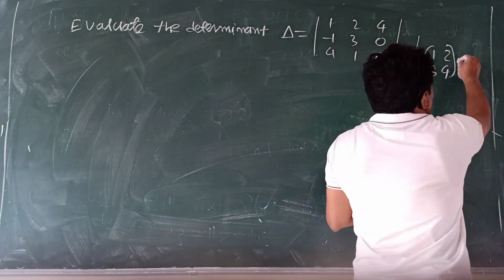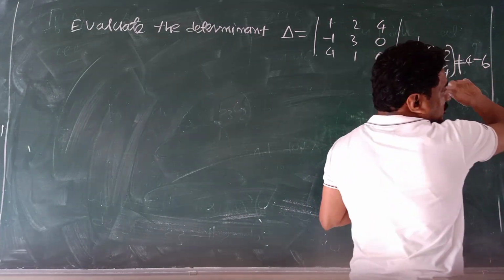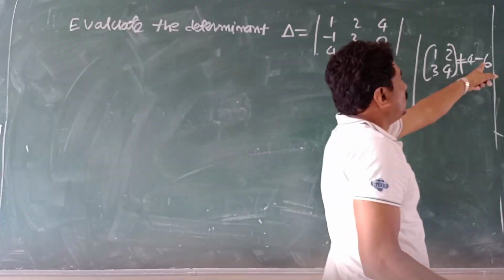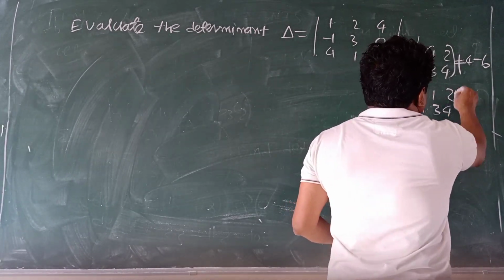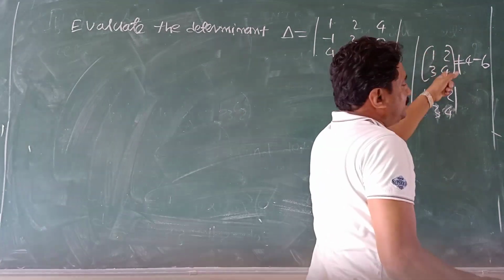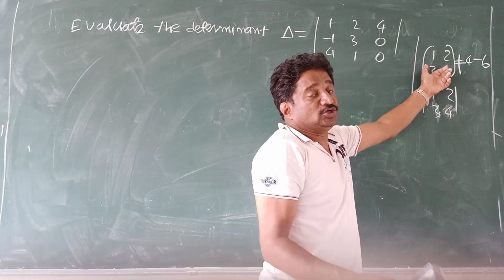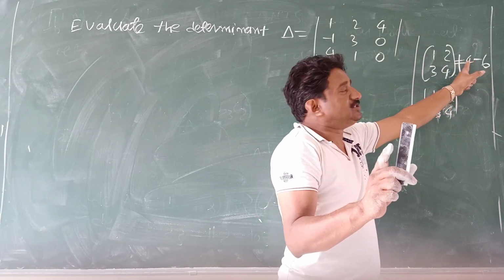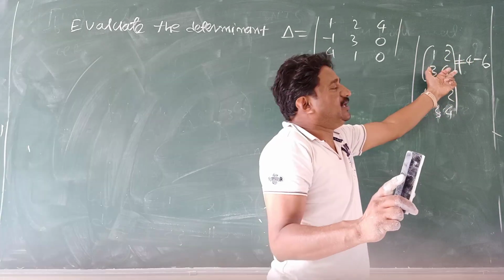You should not expand matrix. Matrix is not equal to 4 minus 6. This is not correct because it's a matrix. Matrix means arrangement. It never can be equal to a real number. If I write like this, now it is a real determinant. Determinant means real number. Matrix means arrangement. Should not go for expanding matrix. So be careful, otherwise you lose marks. Just because of wrong symbols, you lose full marks. Keep that in mind. Don't expand matrix.